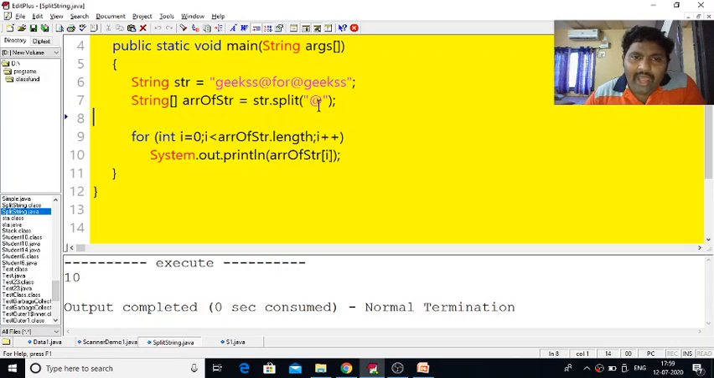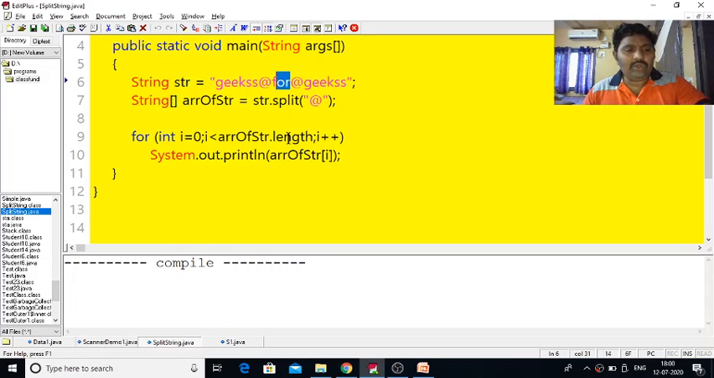What is going to happen is, with respect to the @, the string is going to split into separate words. That is, jigs will become one string, for will become one string, and jigs will become one string. Like that it is going to be split, and all those separated words are going to be stored in this particular string array. After that, with the help of a simple for loop, I print all these strings. Let us execute this program